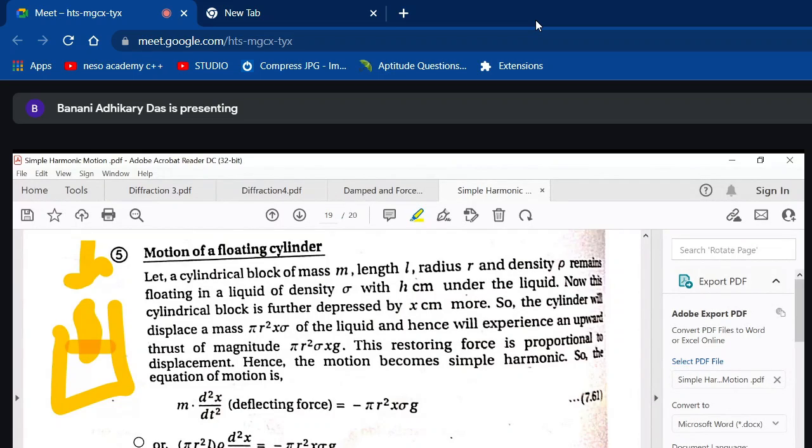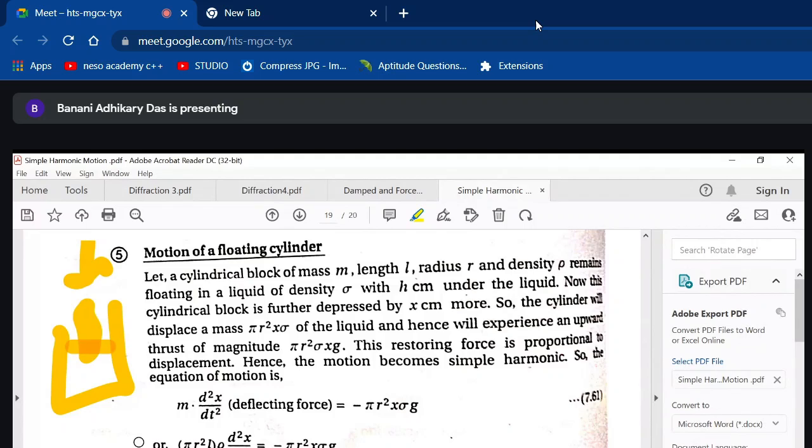So this is the restoring force. If you press it down and release the depressing force, then the upthrust which is generated because of the depression by an additional height of x into the liquid is the restoring force, which is trying to bring the body back to its equilibrium situation in which it was floating peacefully in the liquid. It is you who have put an additional force and displaced it from its equilibrium position. Therefore, immediately the restoring forces come into the picture, and they try to bring the system back to its equilibrium position.